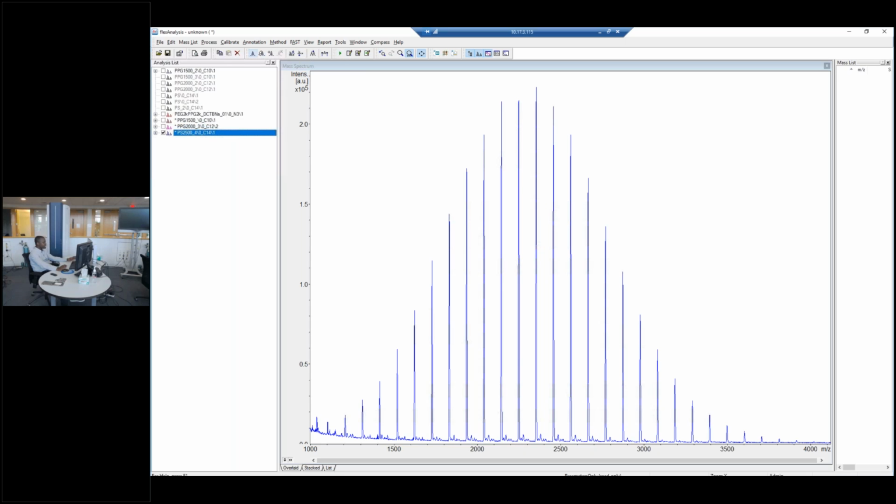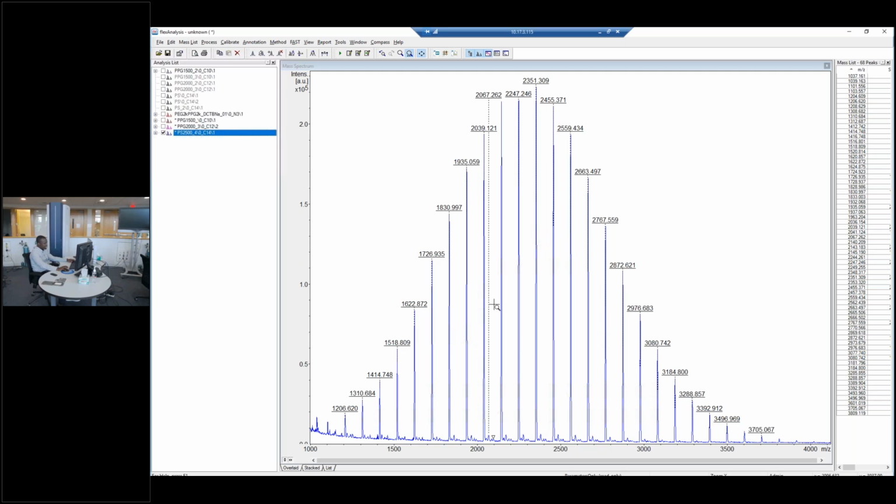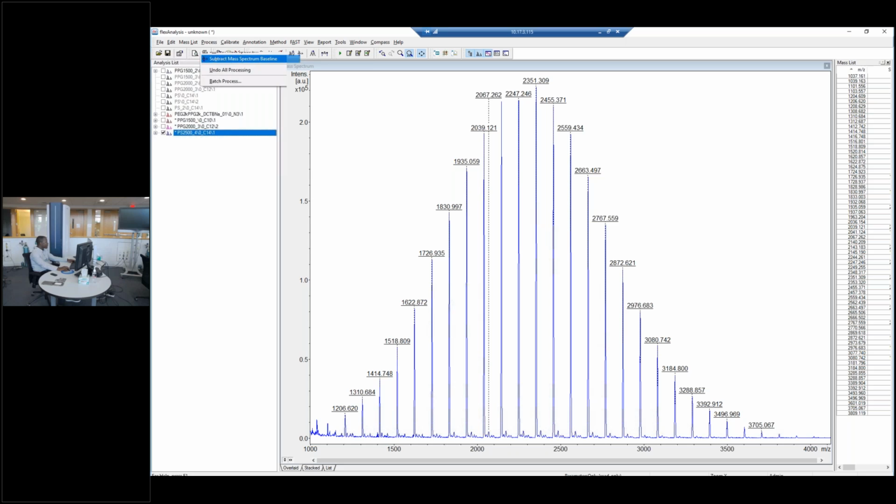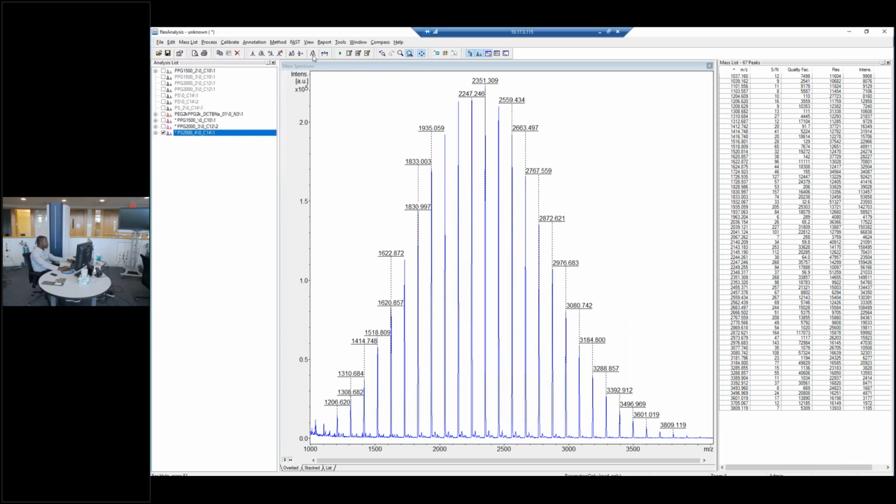And once you're done pre-processing your data, so for these ones, since we're already getting really good data, we don't have to process it as much. But usually what I like to do is subtract the baseline from the sample, smoothen it just a little bit. Of course, we already picked it, so we have a mass list over here selected. And when you are done pre-processing your spectrum, you're happy with the way it looks, then you import the same spectrum into Polytools for further